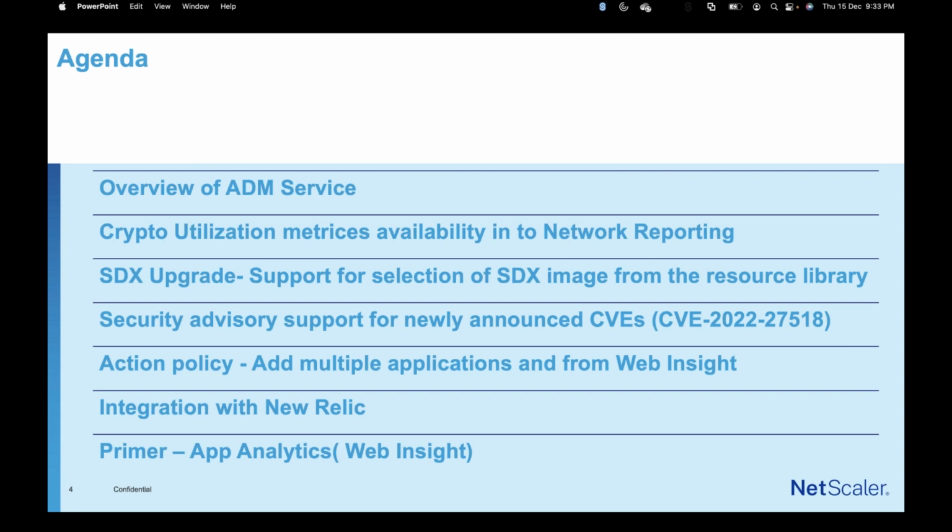After a quick intro, we'll move to the sessions for the day, wherein I will be taking you through a couple of management and monitoring improvements. Among them, the first one is the availability of crypto utilization metrics in network reporting. And now we have support to select the image from the resource library itself for the SDX upgrade, followed by Priyanka taking us through the security advisory support